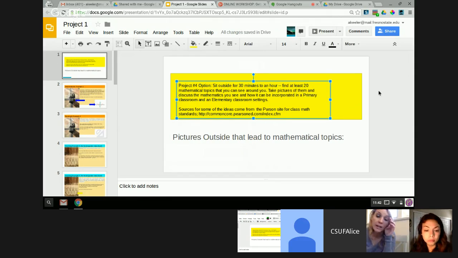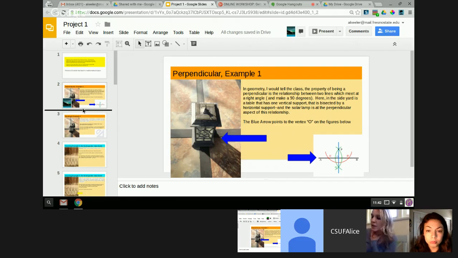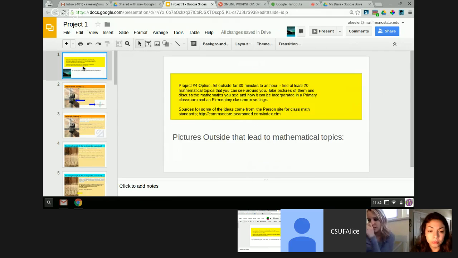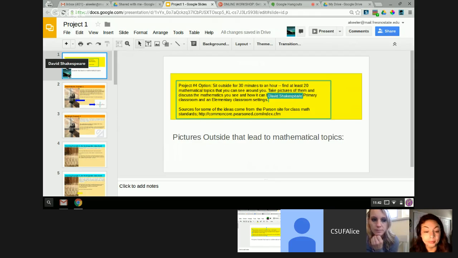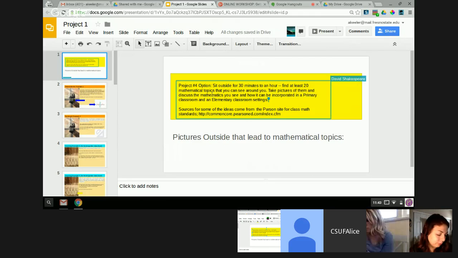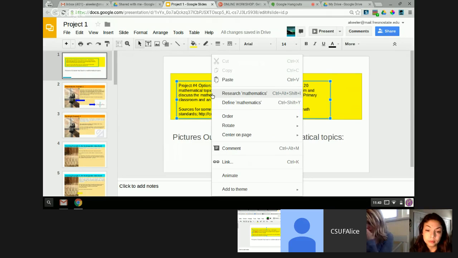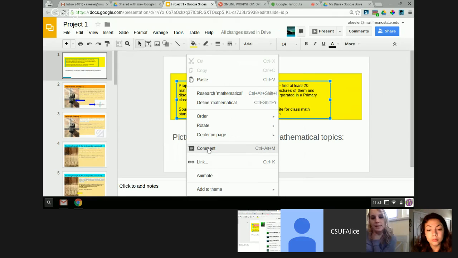So David, click on something. I'm on the first slide. You're on the second slide. Okay. How can I tell that you're on the second slide? Because I'm over here on the left-hand side, and okay, now you're on the first slide. Gotcha. You're good. Click on something, and then right-click where you can choose comment. How do I choose? Oh, up at the top. So you can do that, but I'm just right-clicking on this text box, and it says comment, and I can